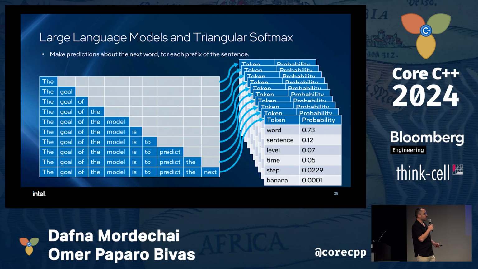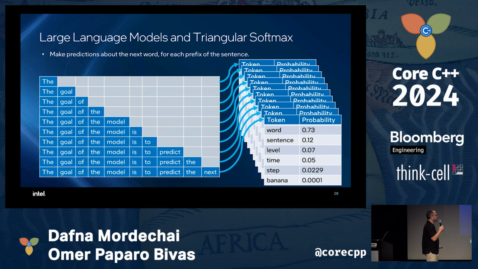And this operation is called triangular softmax. In general, a softmax is an operation that takes a range of arbitrary values and transforms them into probabilities. You can see that on screen. That means that all of the outputs are non-negative, and they all sum to 1. And triangular softmax is meant for large